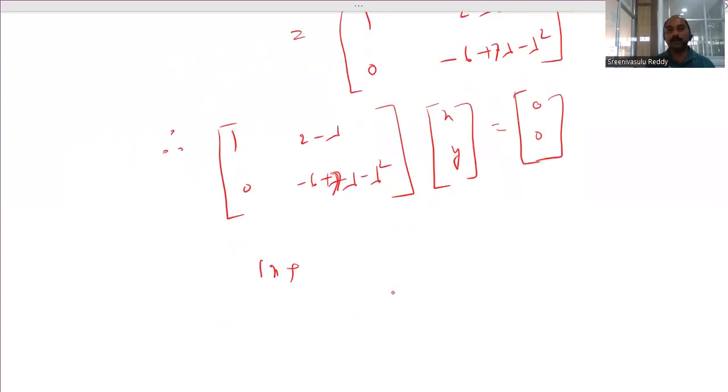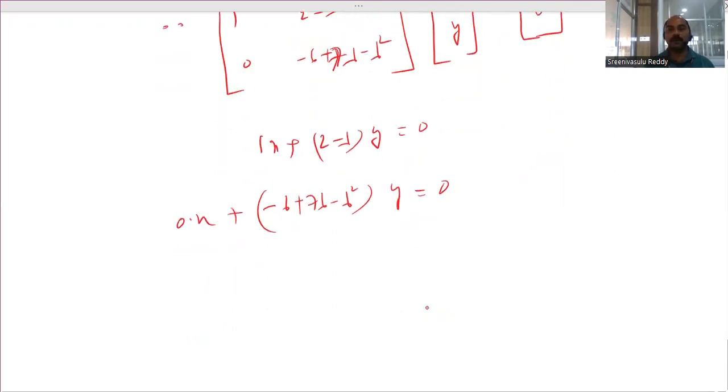1 into x plus 2 minus lambda into y equal to 0. First row, first equation. Next, 6 minus 7 lambda minus lambda square into y. First one is 0 into x. This one is no use. From the second equation, any one of them is 0. Either this factor is 0. That implies